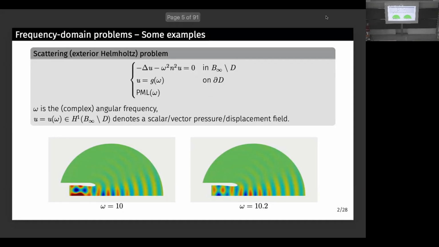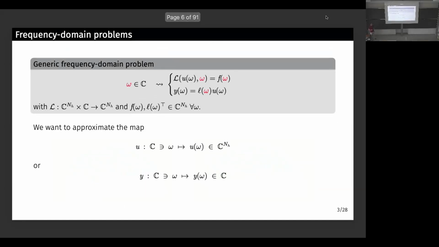For instance, we might have a perfectly matched layer. The way this works is that we enlarge our computational domain a bit, and then we solve a Helmholtz equation in this enlarged domain, but we introduce some dissipation to ensure that we don't have any reflections from this fictitious boundary. Here, in the PML, I put a dependence on omega because usually the amount of dissipation that you need to add depends on omega as well. The dependence on omega is in general more complicated than just a linear dependence as in the Robin type condition. Anyway, you can put basically whatever you want here,